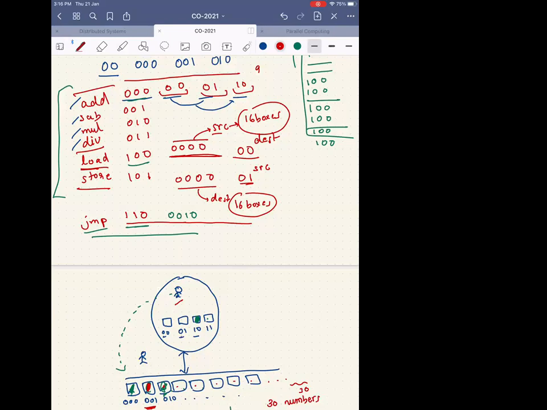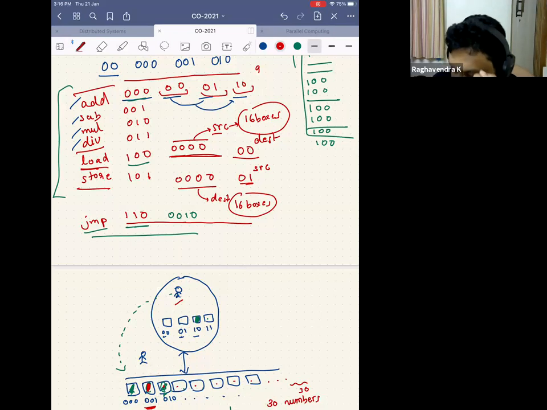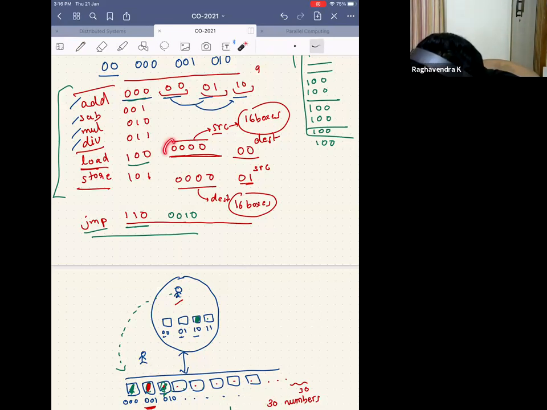Can we have some kind of a variable inside this person's house? Excellent, right? So what Aditya is saying is this: here we specified 000 directly, right? But I could have had a load where instead of this 000, I could have specified the box number, and this box actually has the value of from where to load. Do you get what I'm saying?